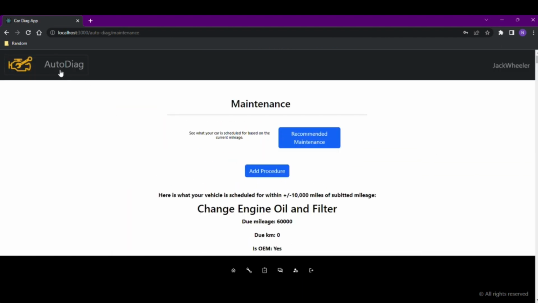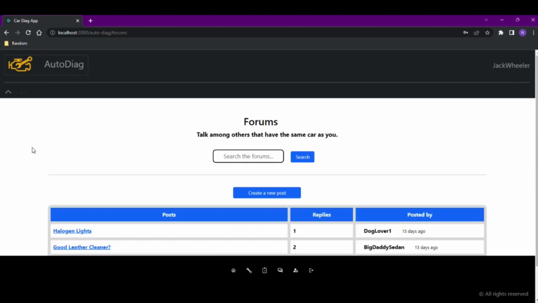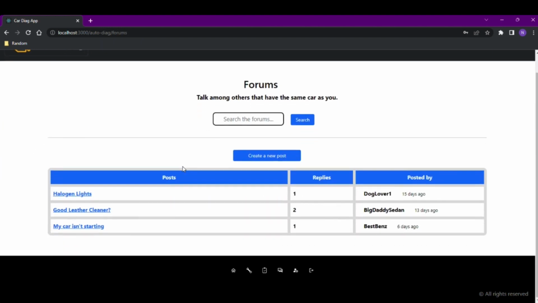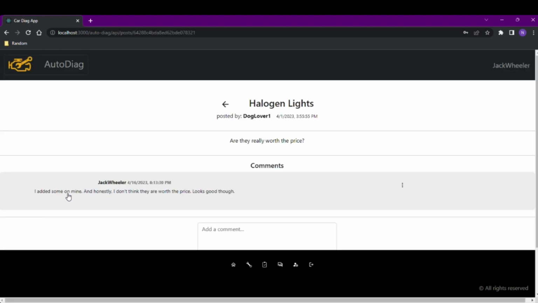This serves as a checklist for our maintenance as well as a reminder of what we should be doing. Next, we'll navigate to the forums page. We can click on a post by another user called Halogen Lights. He asks, are they really worth the price? We've already commented on this in the past, and we told them that they are worth the price and they